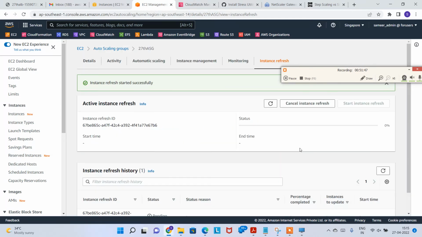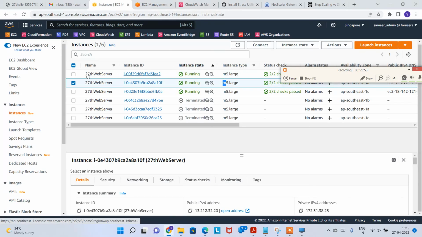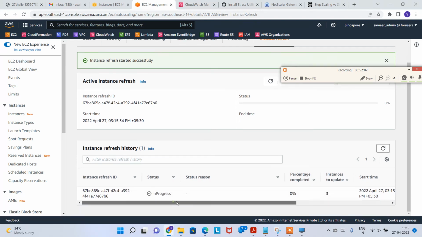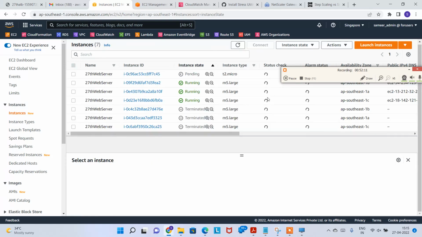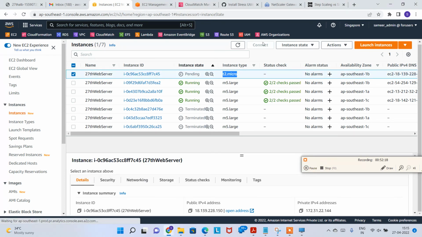Now what happens is, whatever instances are m5.large, these instances will be terminated automatically, and then it will relaunch the instance with t2.micro. So that is what is going to happen. And you can see the status once it starts running. Now down below it will also tell you the instance refresh history. Yeah, cool. So let's wait for a minute. Okay, see this, it's already started. Now it's launching the fourth instance called t2.micro. Okay, if you keep refreshing,